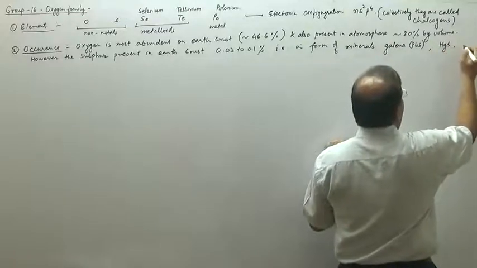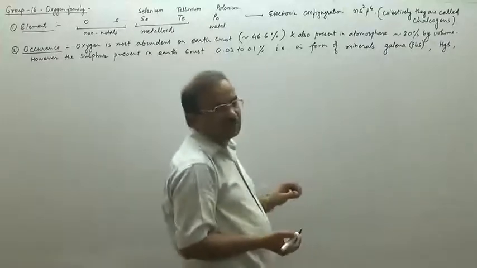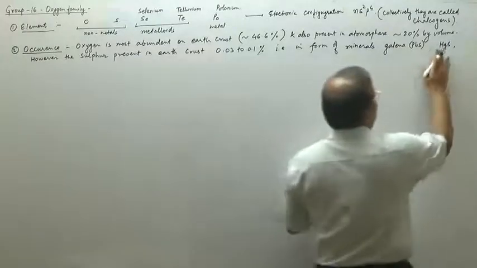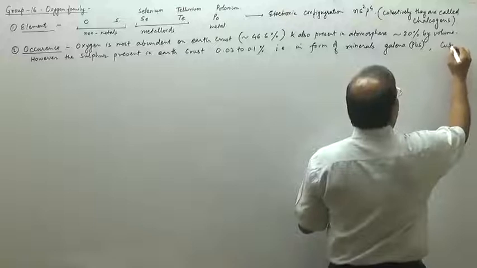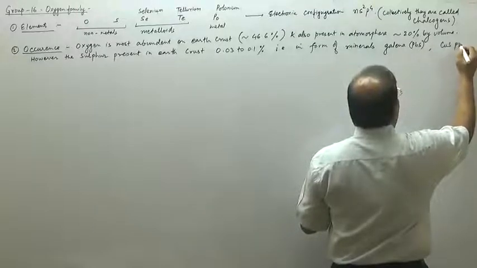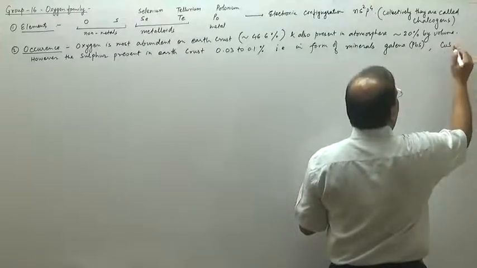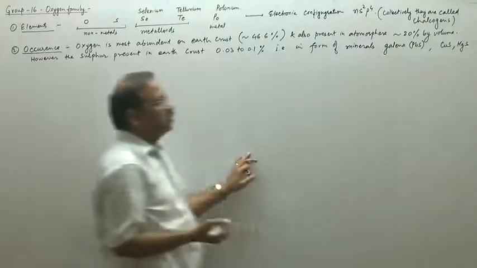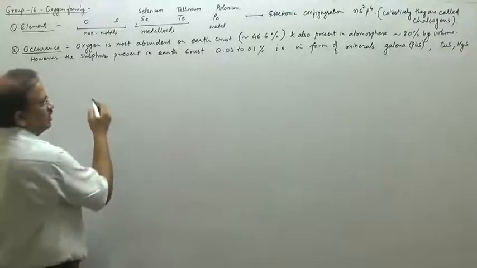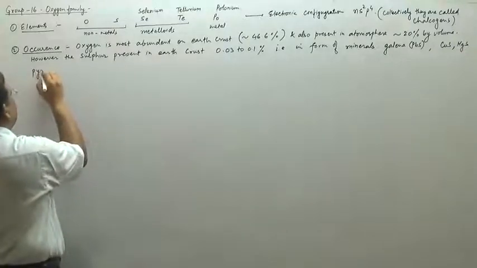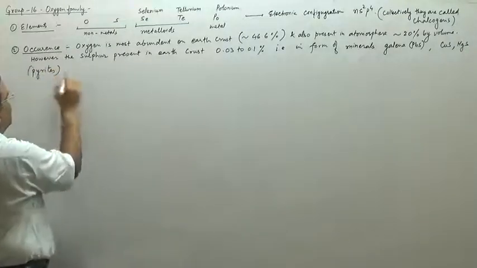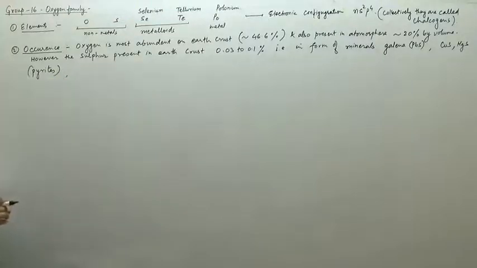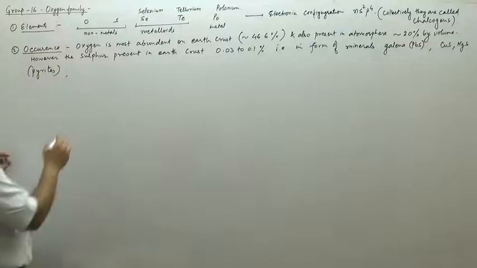Then HgS, so these are pyrites, that is mercury pyrites, copper pyrites. We can write CuS, that is called pyrites. So you just write that they are pyrites, HgS pyrites, that is copper pyrites. Then we can write that mercury pyrites, these are pyrites, we used to say that. Then we'll say that it is galena, then we can write that